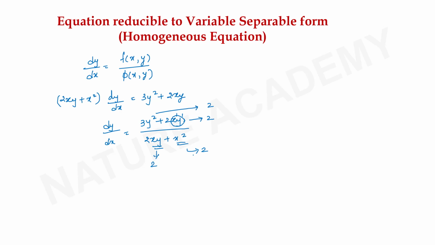The tip to confirm whether a given differential equation is homogeneous or not is first to check the degree of this equation. Okay. For example, you may also have this type of equation like dy by dx is equal to 2x plus x square by 3y square plus 2xy. Here you can clearly note that the degree is 1, the degree is 2. This means this equation is not a homogeneous differential equation. So you cannot apply the working rule which we are going to use in the homogeneous differential equation. Okay, what is the working rule?